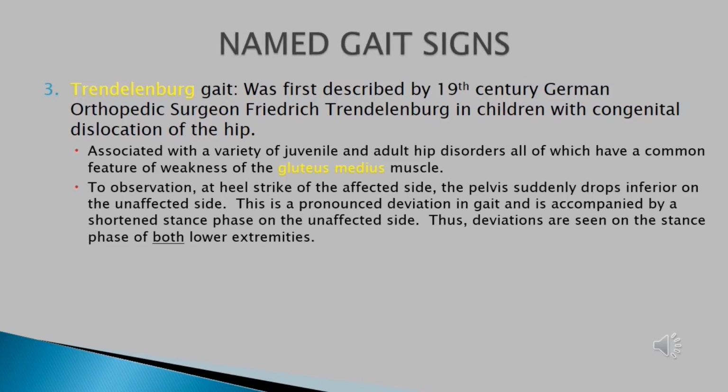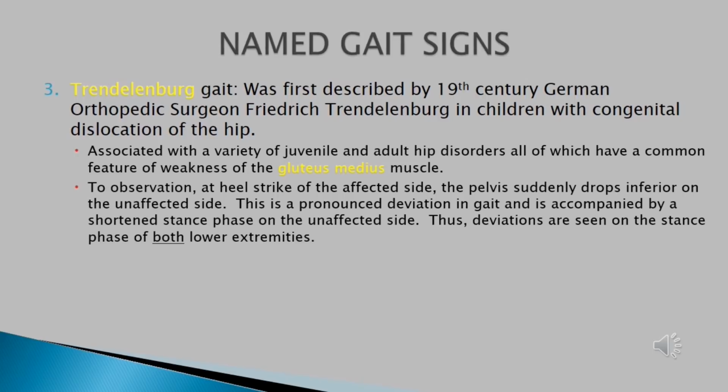Now, the gluteus medius muscle is responsible for stabilizing the pelvis as the legs go through the gait cycle. So a Trendelenburg gait manifests itself by a sudden dropping of the pelvis inferior, in other words, a downward dropping of the pelvis on the non-weight-bearing leg. So as the weight-bearing leg goes through the stance phase of gait, the pelvis on the non-weight-bearing side